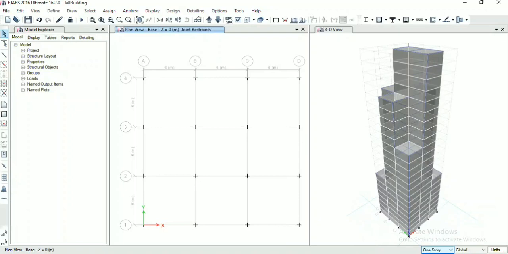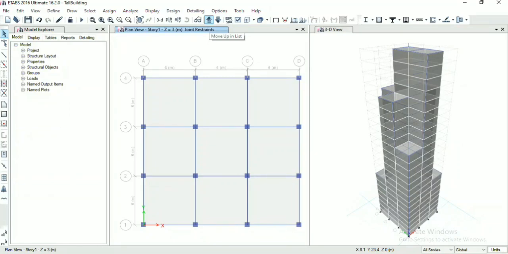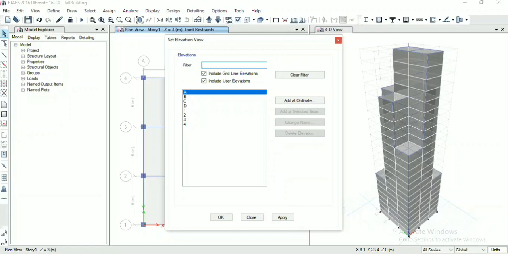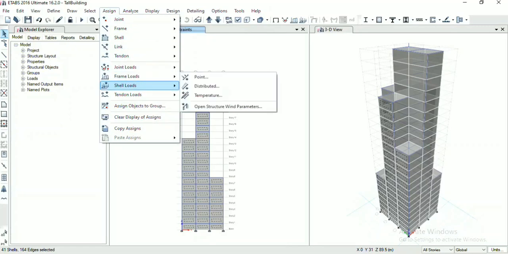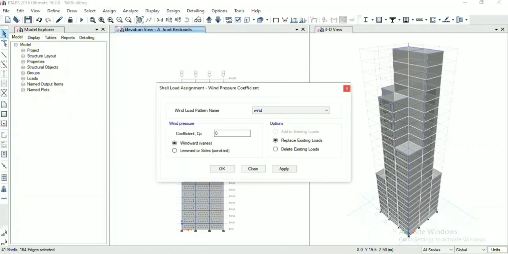So select all stories, go to story 1 and from the elevation select all the shells and now go to assign shell loads wind pressure coefficient. Here for windward side it is 0.8. Click on apply.